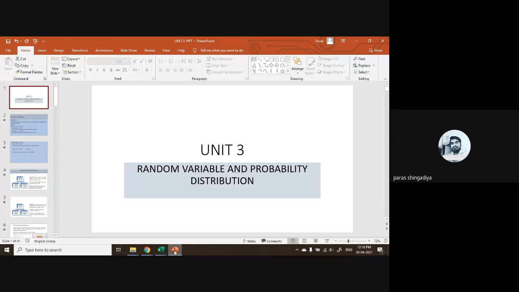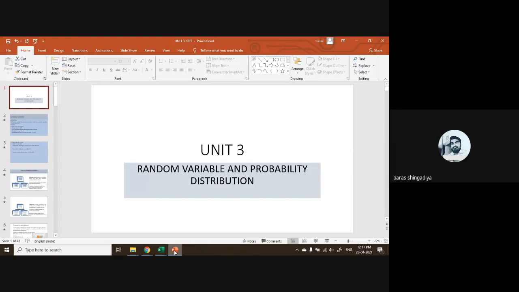The weightage of unit 3 in the final exam is 15 to 20%. That is the weightage of this unit. It's a very simple topic, not very difficult. We'll introduce simple formulas and then use them to solve examples. You just have to know how to find the probability for any random experiment. That is also not very difficult.